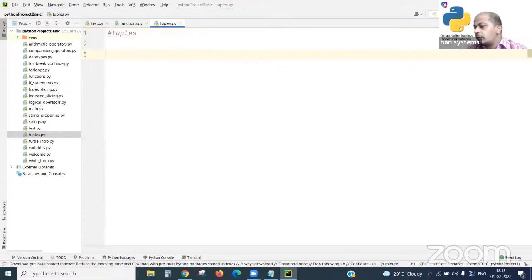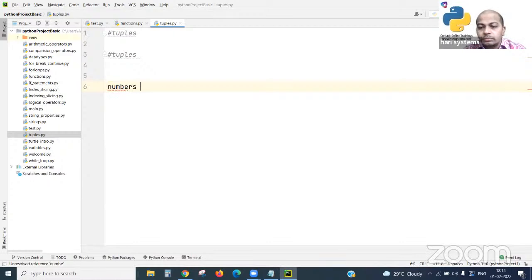See here, you have to identify a few important points in tuples. As a simple example, I'm creating a tuple of numbers: a variable with parentheses inside, and I'm adding a few numbers, anything you may add here.